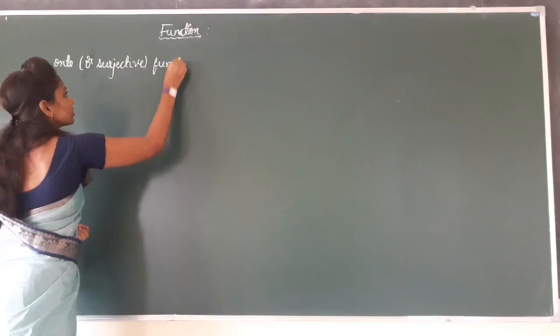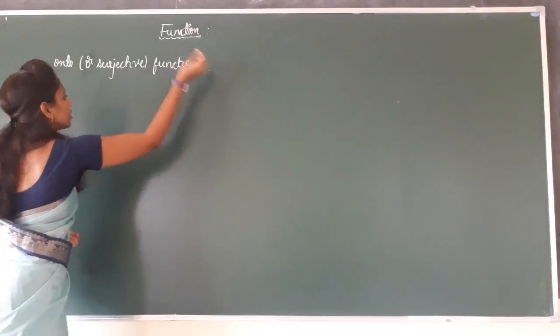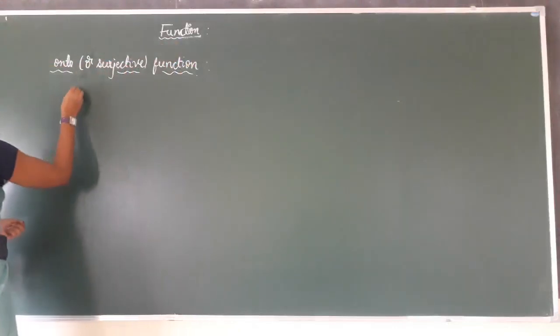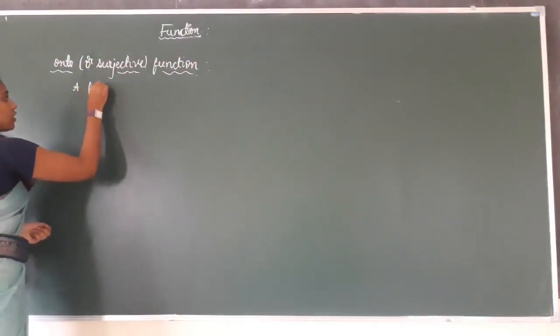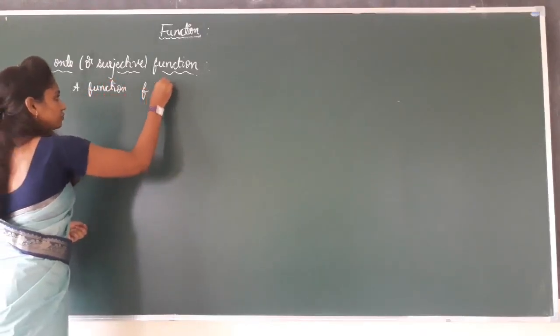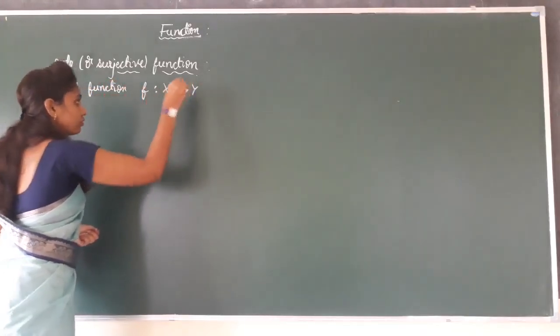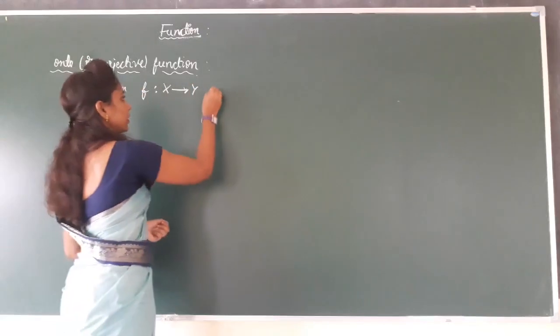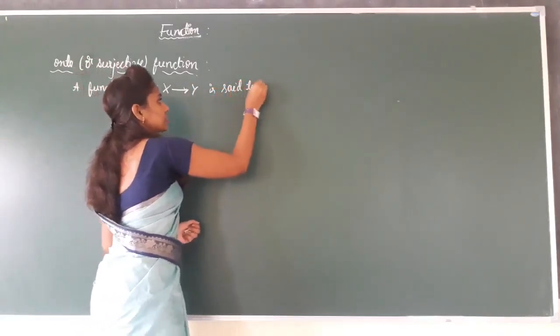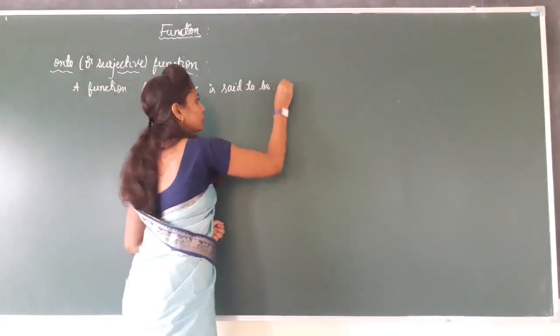What is the definition of onto? Listen carefully. Onto function or surjective function: a function f from X to Y is said to be onto function